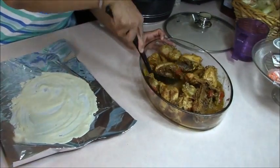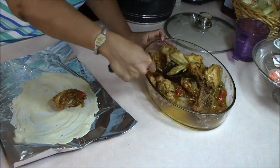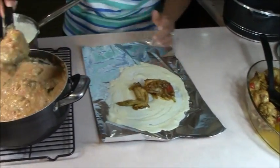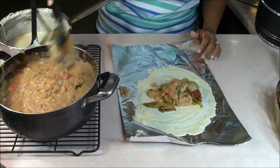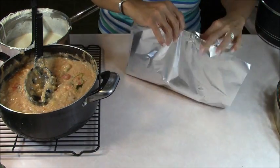So I'm going to put another piece of breast, and you can see the chicken looks so good and healthy. We stewed it this morning. I'm going to put a piece of wing. And if you don't know what's inside the tamales and you don't like surprises and you want to say dark meat or light meat, then you can put color-coded threading to tie around the tamales when you're making it. So again, we scoop a lavish amount of the caul. We pick it up here